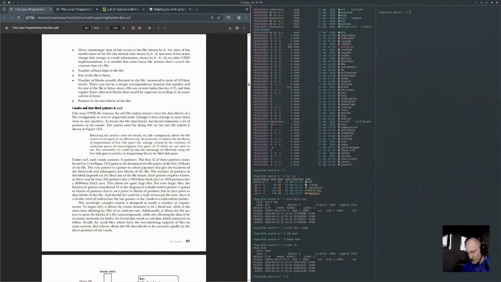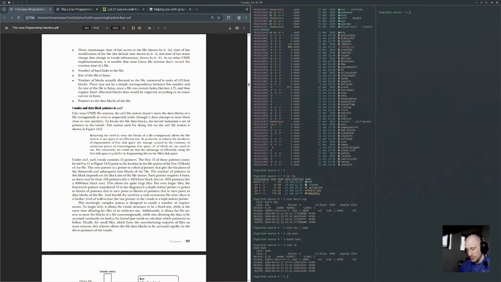Under ext2, each inode contains 15 pointers. The first 12 of these pointers, numbers 0 to 11 in figure 14.2, point to the location in the file system of the first 12 blocks of the file. The next pointer is a pointer to a block of pointers that give the location of the 13th and subsequent data blocks of the file. The number of pointers in this block depends on the block size of the system.